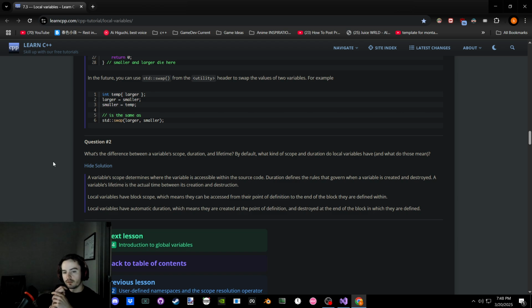The scope defines where it's accessible within the source code. The duration defines the rules that govern when it is created or destroyed. So the lifetime is the actual time between its creation and destruction. Okay, so you could have a global variable that has a lifetime. It's created and destroyed. It is accessible within a given scope. But the rules that describe its lifetime, when it actually gets created and when it actually gets destroyed, just like a